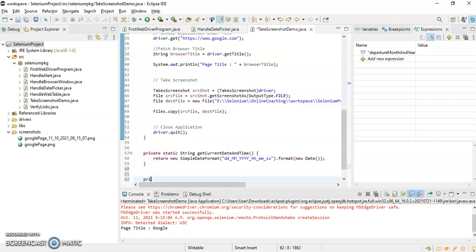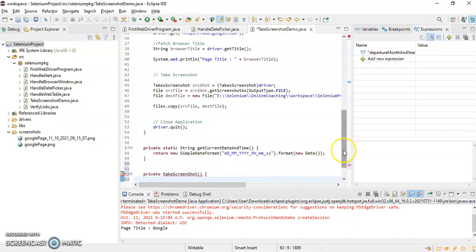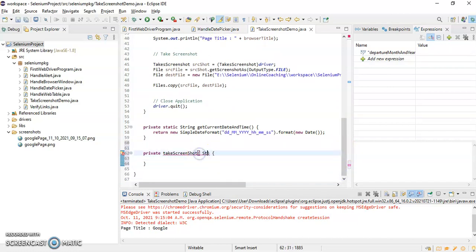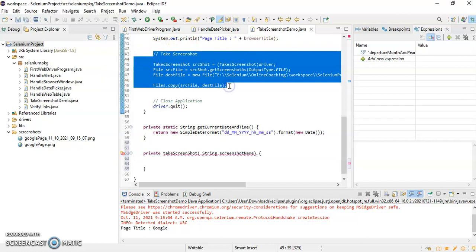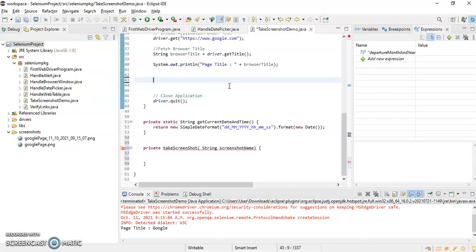I'll write private, takeScreenshot, and here I will pass String screenshotName. I'll cut everything from here and paste it over here.